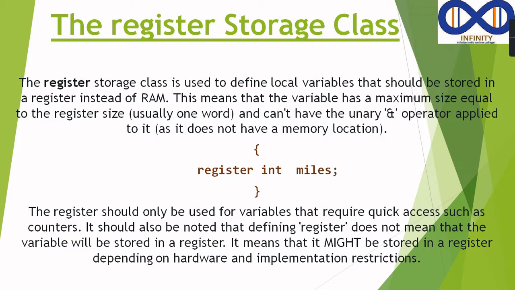This means the variable has a maximum size equal to the register size, usually one word, and the unary operator cannot be applied to it, as it does not have a memory location. For example, register int miles;